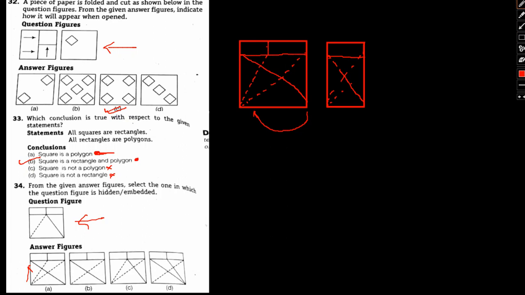Subsequently, if we try and fold each and every figure from one end to another, we'll see that option B actually yields this particular figure, because this end goes there and there's already one end coming up from here. So finally this entire thing would be interpolated to give us this particular question figure. So option B will be our answer. Okay, so I have this clear.